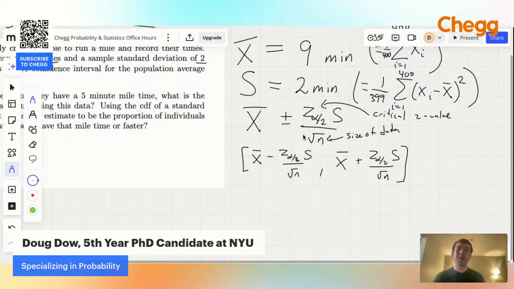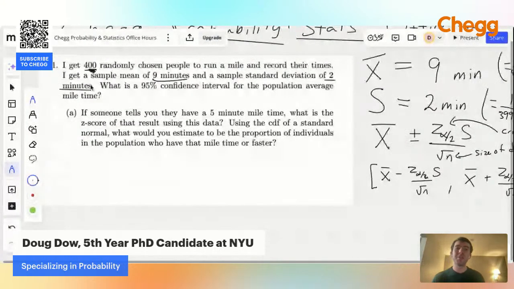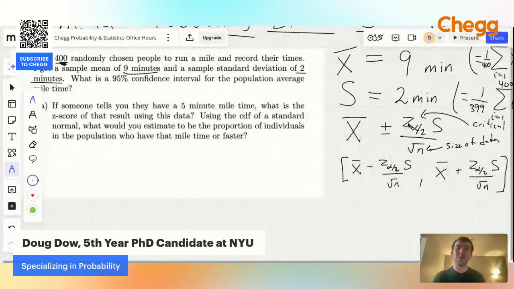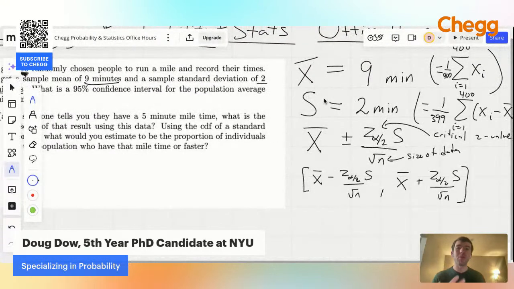And some of you might be wondering, shouldn't we be using a t value instead of a z value, instead of a normal here? So often when we have a sample standard deviation, instead of using a z value, we actually use a t value, because that fits the distribution a little bit better. But because we have a lot of samples, we have 400 samples, it's safe to use a z value here as opposed to a t value. So typically, we're going to use a z value here because we have a lot of samples, even though we are using the empirical standard deviation.